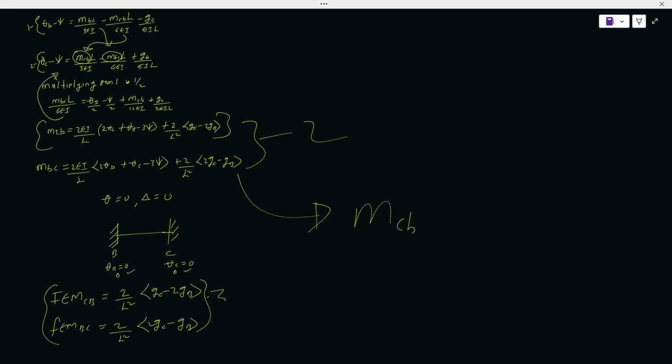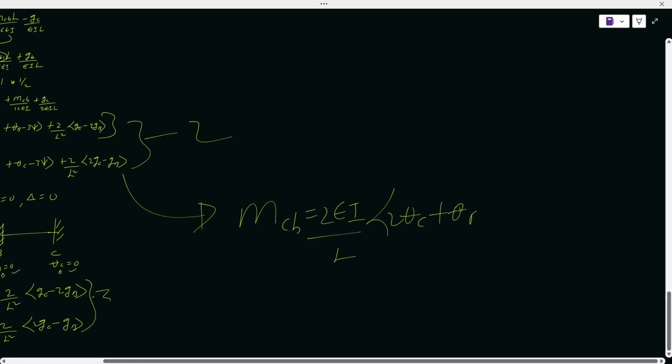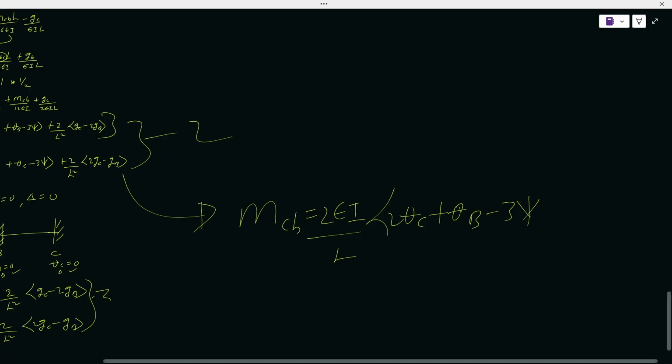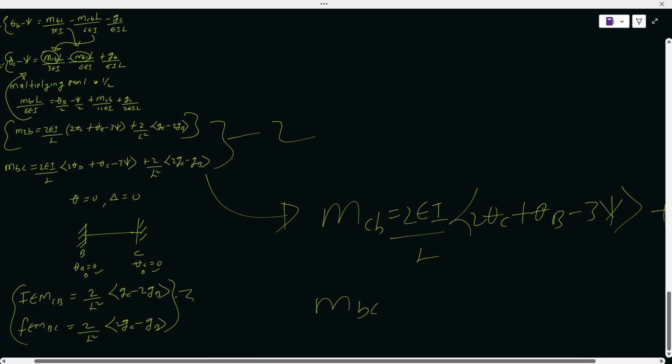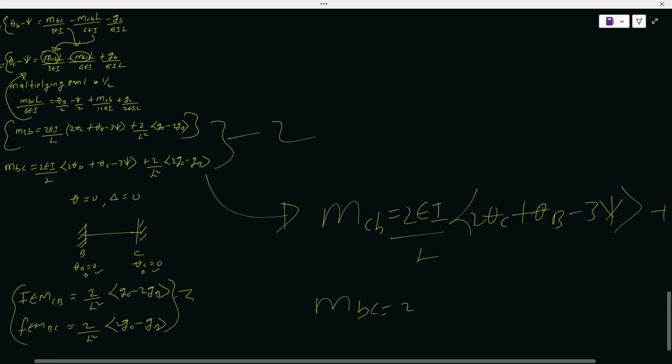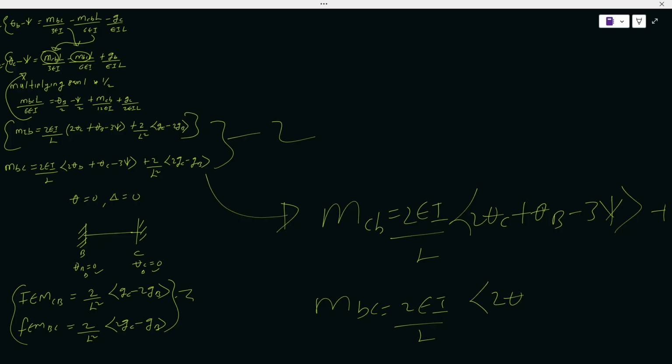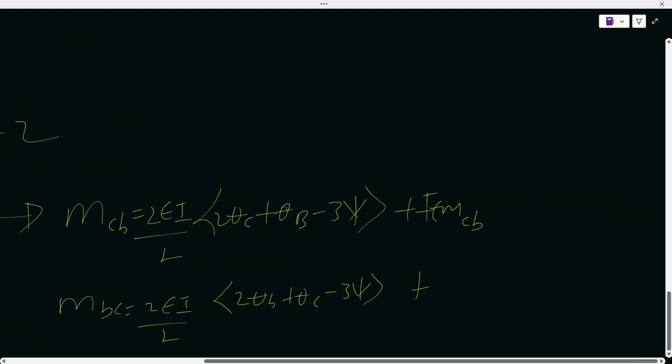That is, MCB for the first one equals 2EI over L, 2 theta C plus theta B minus 3 times the chord rotation, plus FEMCB. MBC, similarly, equals 2EI over L, 2 theta B plus theta C minus 3 times the chord rotation, plus FEMBC. Ladies and gentlemen,